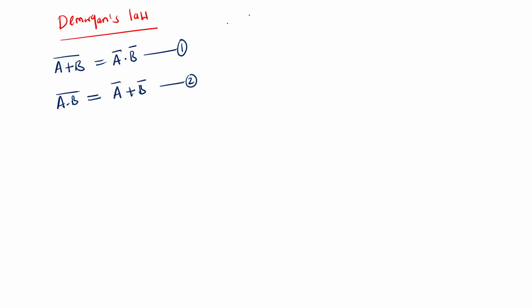So from this you can say the equality of gates. This is nothing but a NOR gate. Here you are getting (A OR B) whole bar, which is a NOR gate. This is equivalent to a bubbled